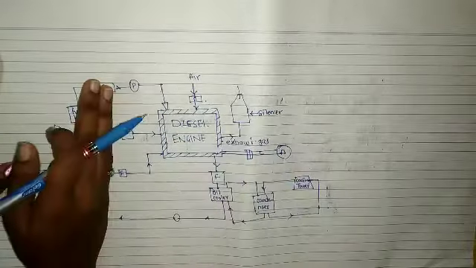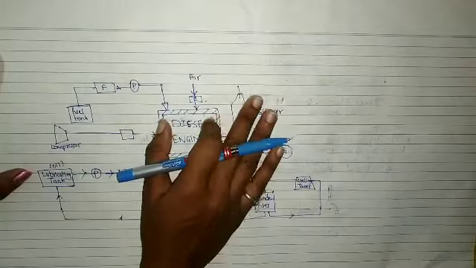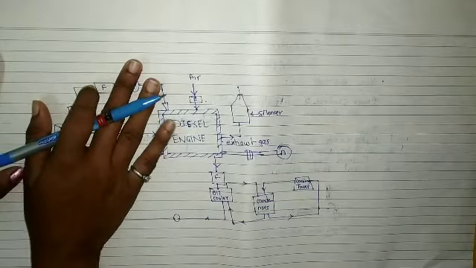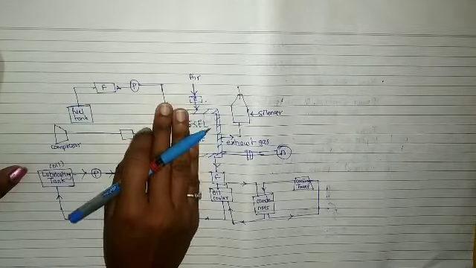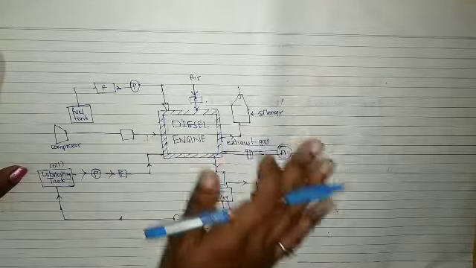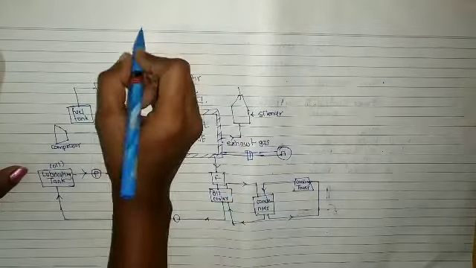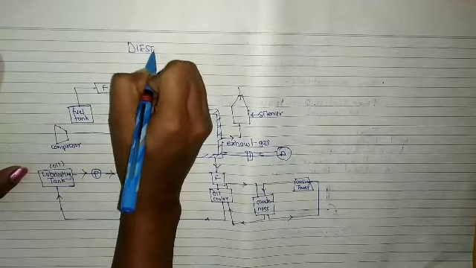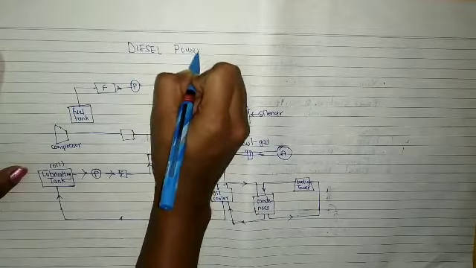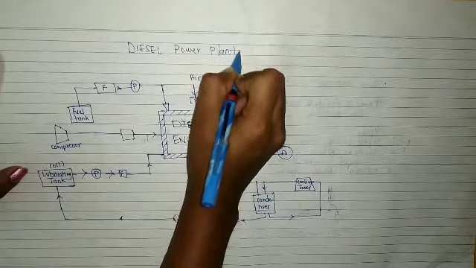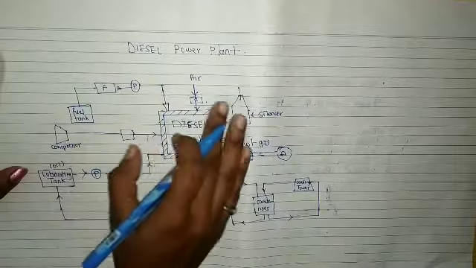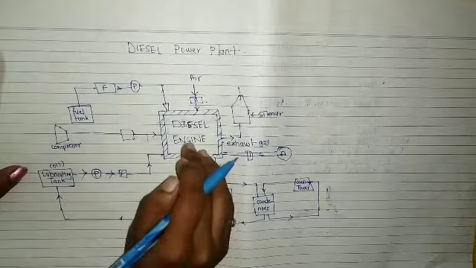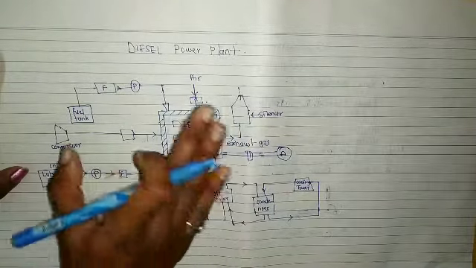Similarly, what we require is heat. In the last power plant, the thermal power plant, we got that heat from burning of coal. But now this is the diesel power plant. In this diesel power plant, similar to the thermal, where after burning the coal we were getting the heat, now we'll burn the diesel to get the required heat.